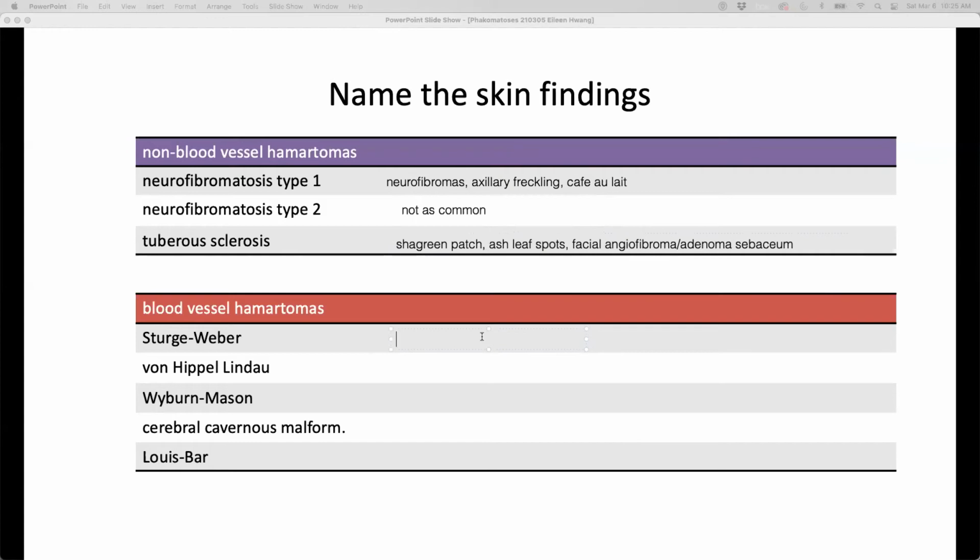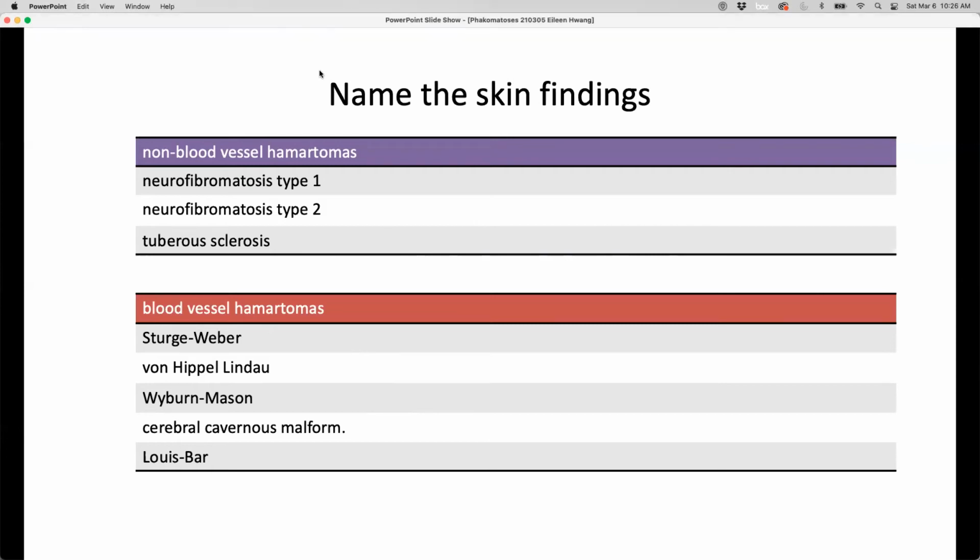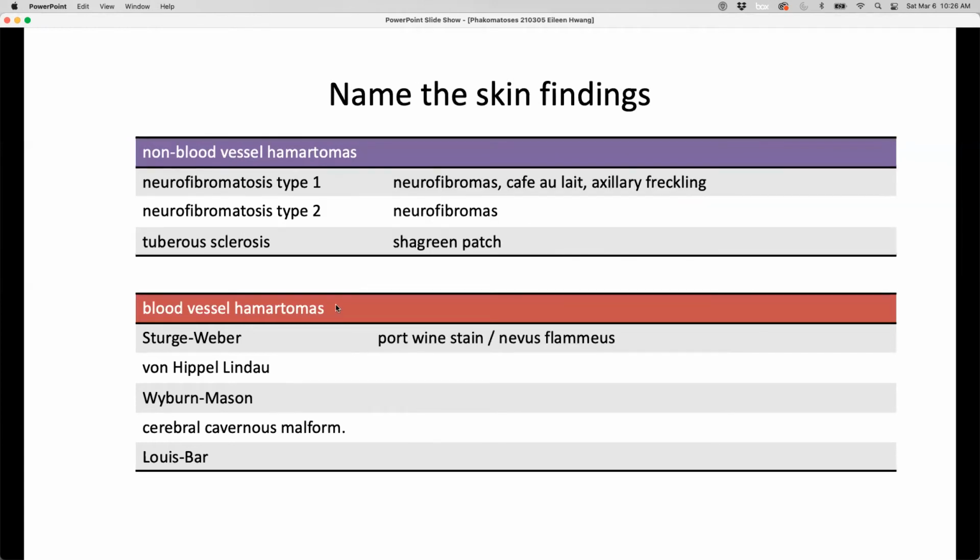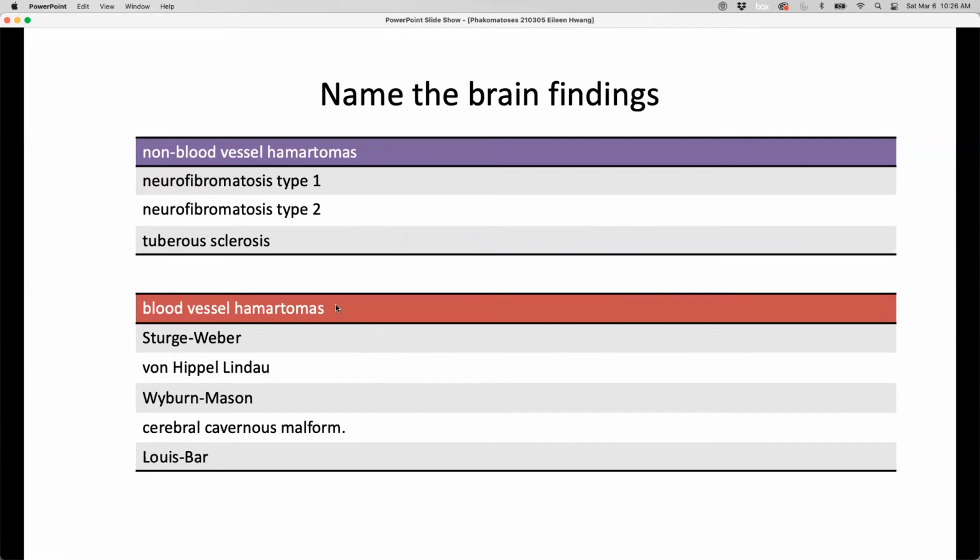All right, how about the blood vessel hamartomas? We said this is the port wine stain for Sturge-Weber. How about VHL? Is there a major skin finding there? How about the rest of these guys? Are there major skin findings? Can't think of any. Yeah, so even though these are called neurocutaneous syndromes, the skin findings are really not that major in a lot of these blood vessel hamartomas. Okay, nevus flammeus, that's what it's called. Yeah,